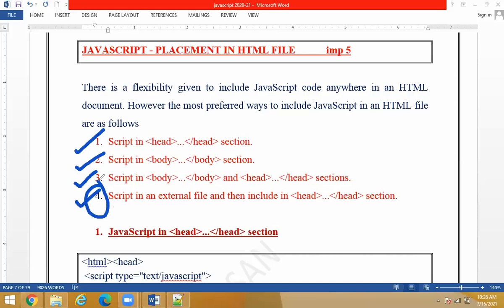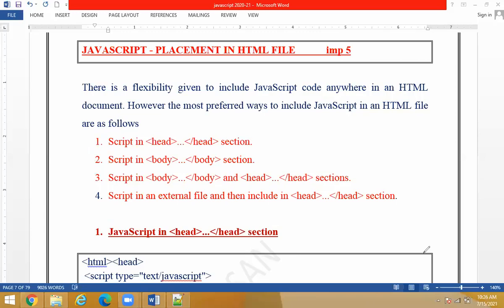Just like external CSS, we also have an external JS, where you create a file somewhere and import that file into your main HTML code. What is the advantage of this kind of working? Whatever changes you make in that external file will get applied to all the files where you are importing it, students. So let us see one by one.